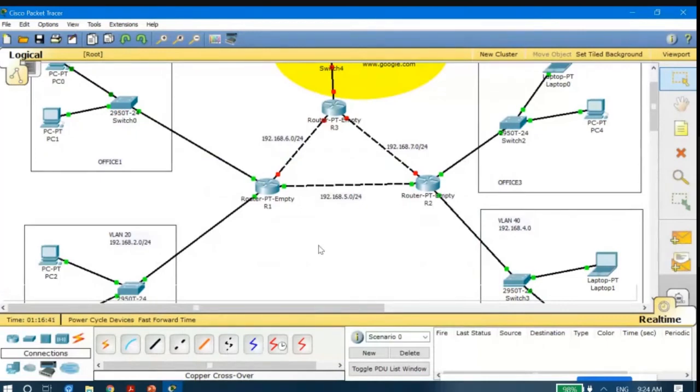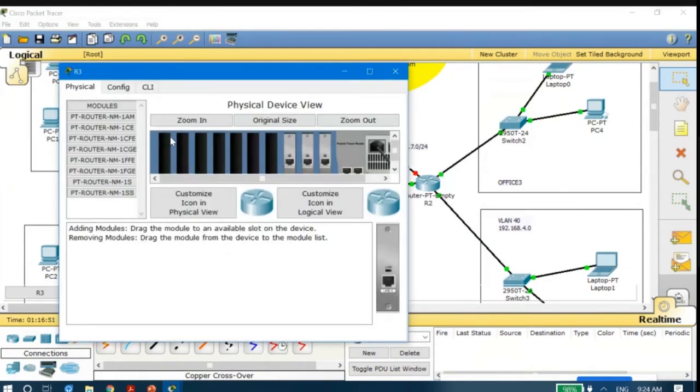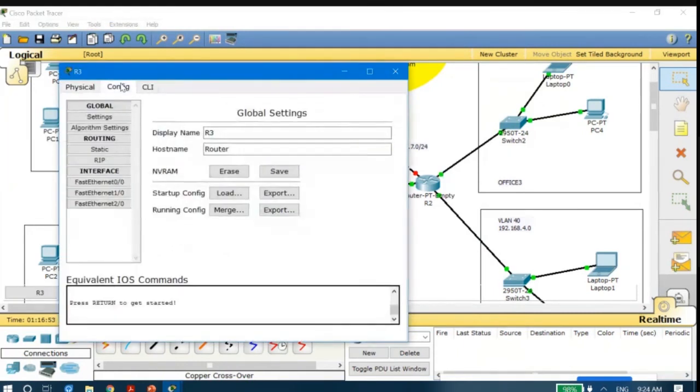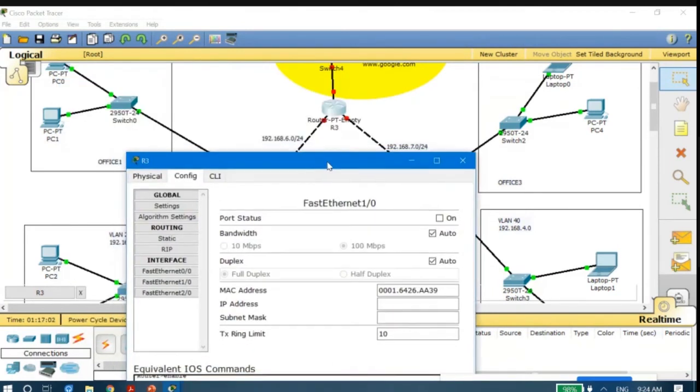The next thing that I have to do is configure the router R3. Let me go there. Okay. So let me configure that router. It is connected to FA 1/0. So I will again go to config. Okay. So it is connected to 1/0. So let me click it here, and let me assign the IP address here.